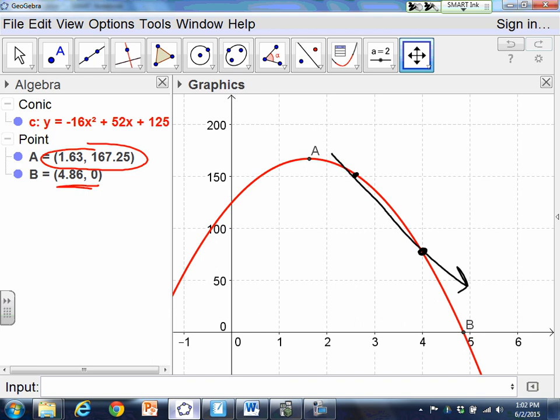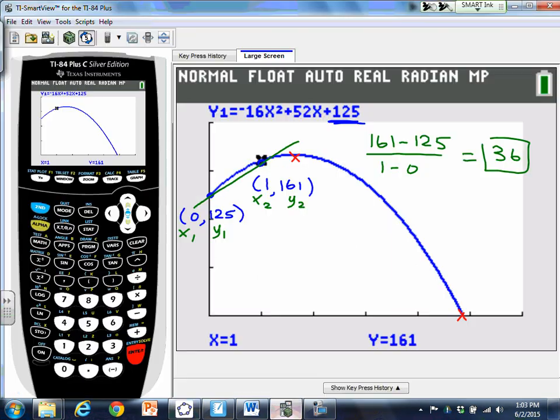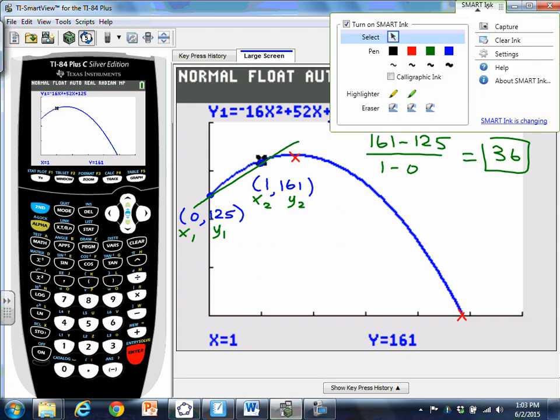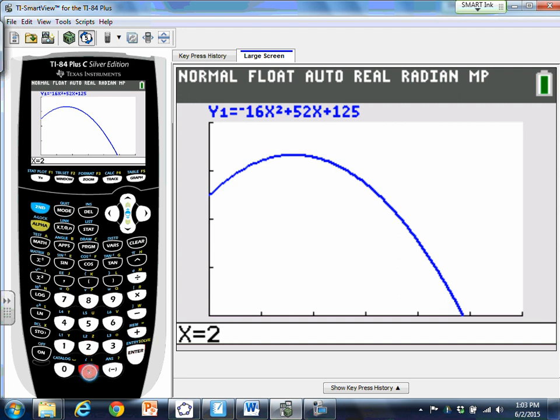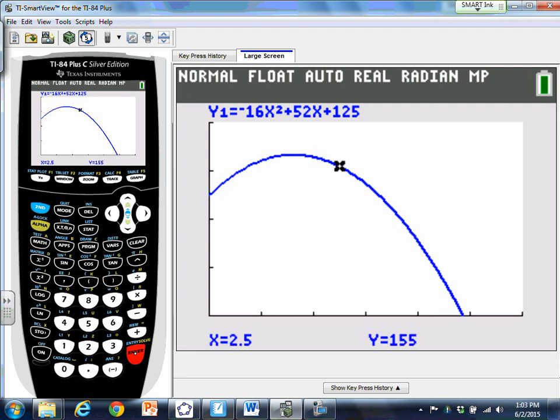So something like that. Okay, and we just need coordinates then. So I would use the calculator in the table, in the trace, just to get those values. So if we go ahead and get y values, okay, let's clear this out of here. I'm still on that trace menu, so I'm just going to type 2.5, and notice it's going in as an x equals automatically. Okay, so the y value there is 155,